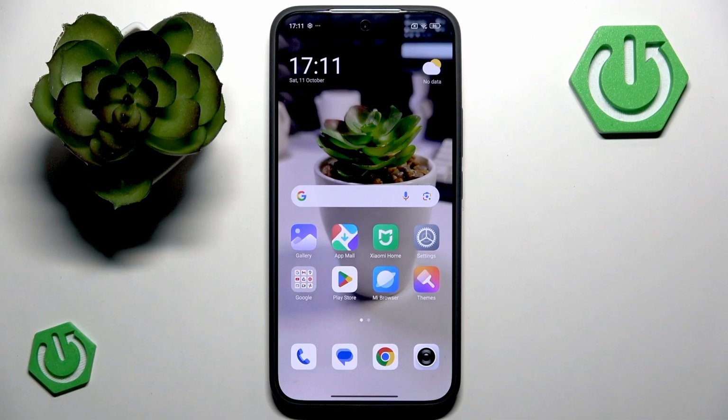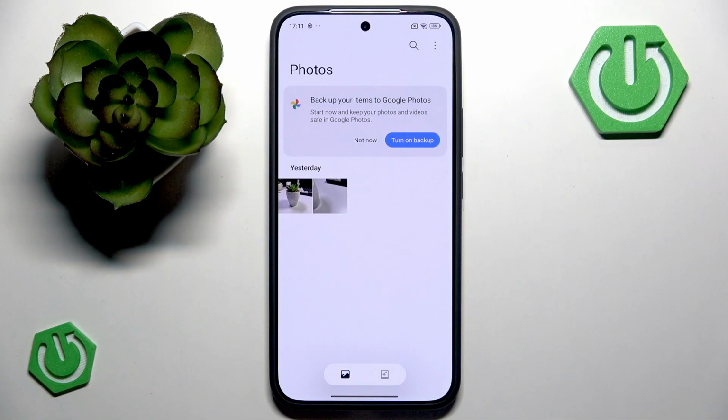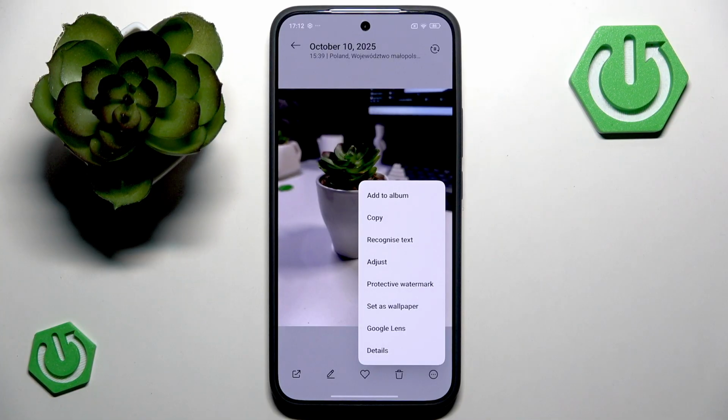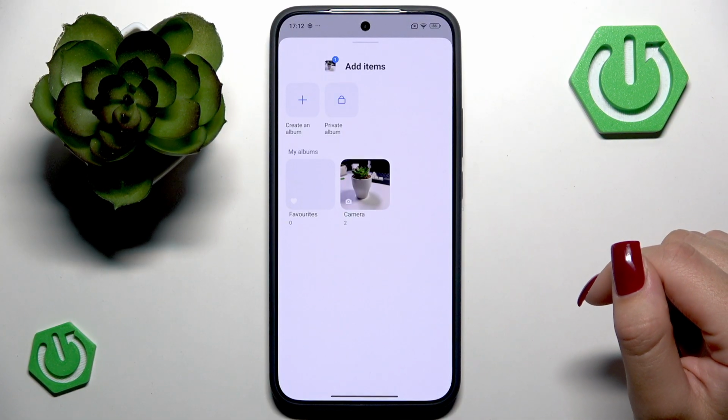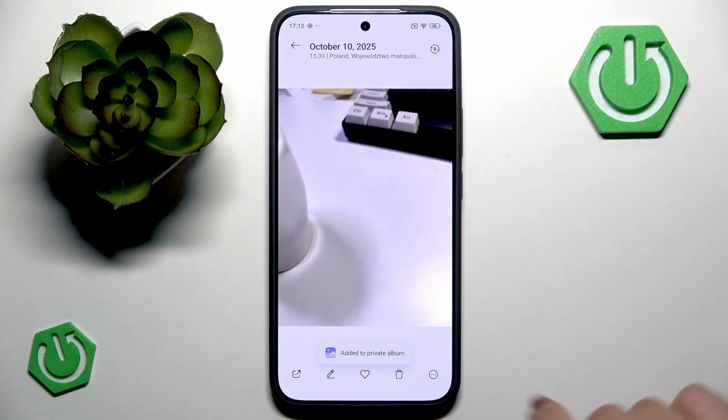Okay, so first of all, you should go to the Gallery application on your Xiaomi 15T and access the specific photo or video that you want to hide, and now tap the three-dot button in the bottom right corner of your screen and select the option Add to Album. So now find Private Album, tap the OK button, and now we can see this little message that says Added to